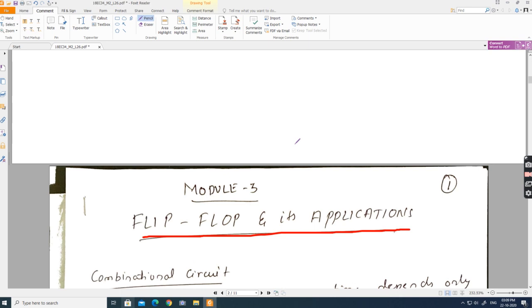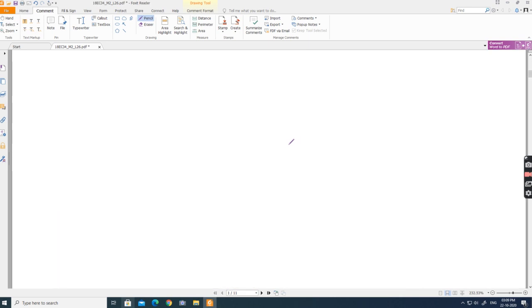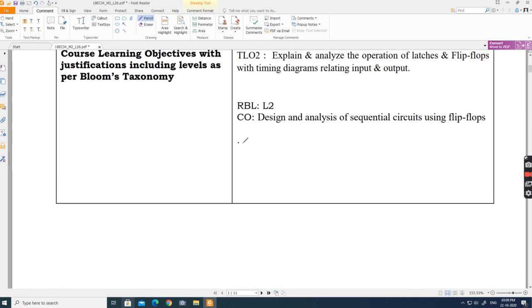What exactly is a combinational circuit? It is a circuit made using different logic gates, where the output at any instant of time is directly a function of the inputs at that time.